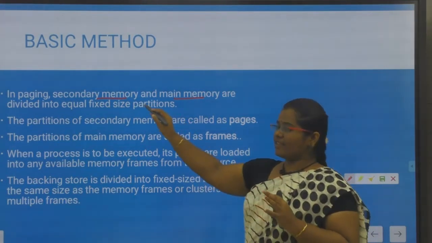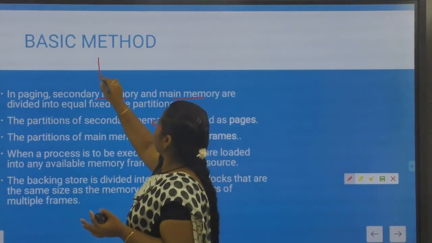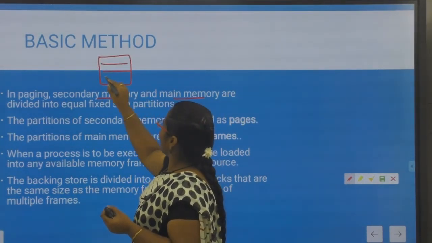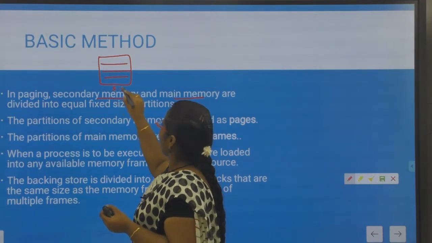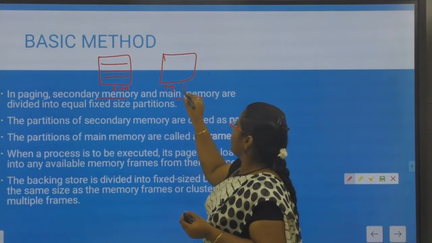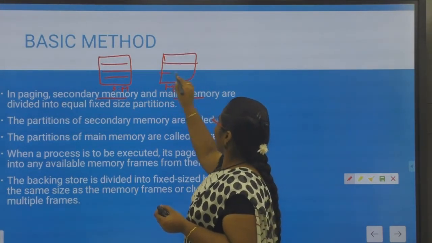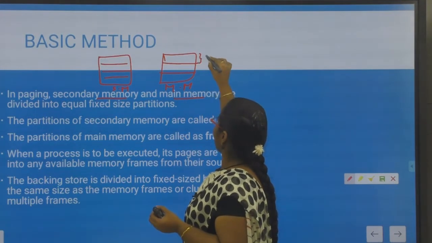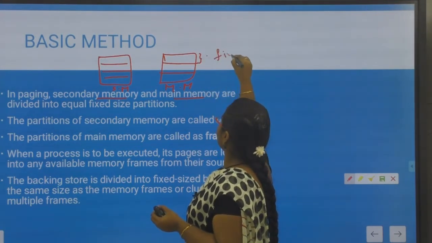You will divide the secondary memory into different partitions, as well as the main memory into different partitions.